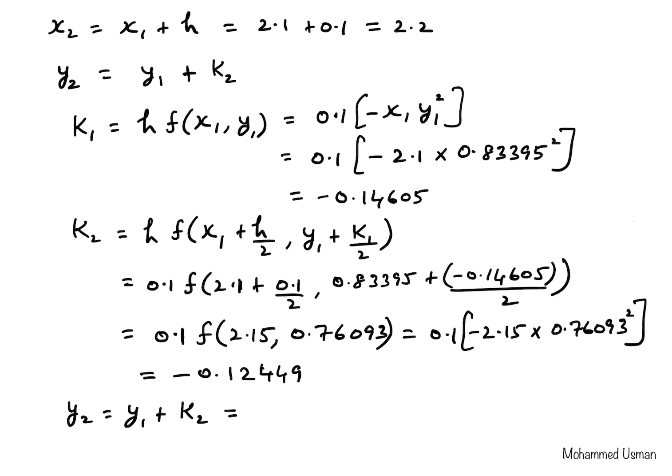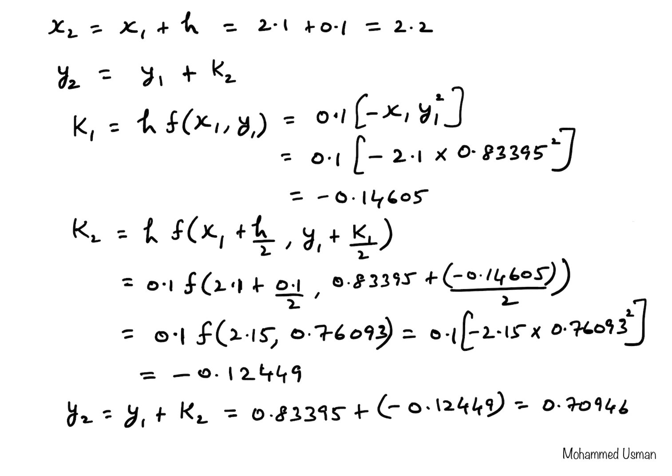Y1 is 0.83395 plus K2 is minus 0.12449, which is equal to... No, not minus, it's plus, okay. That's 0.70946, okay. So when x equal to 2.2, y is equal to